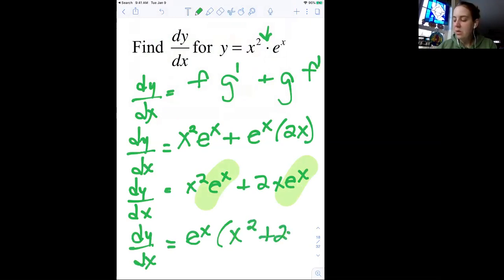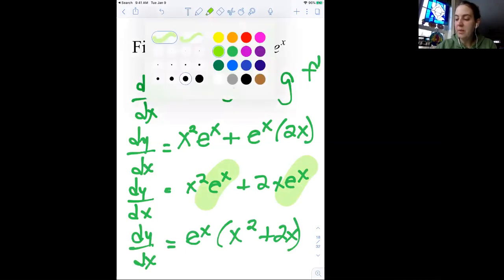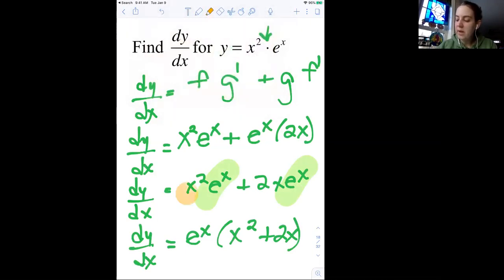Now, let me back up because you're probably thinking, hey, wait a minute, that's not the only thing they have the same. True, they both have an x squared and an x. I could have factored an additional x to the front. Mathematically, it's completely correct. However, if this asked me to find a higher derivative, the second derivative, this would require